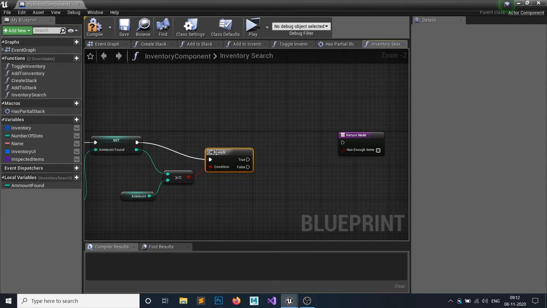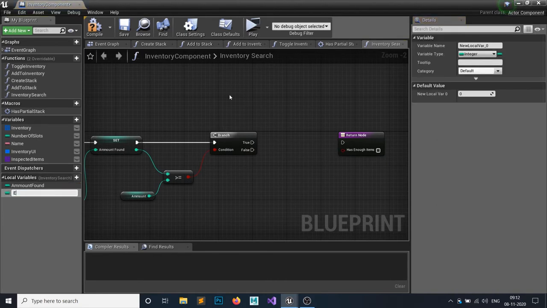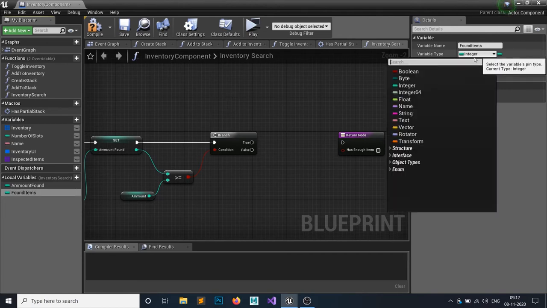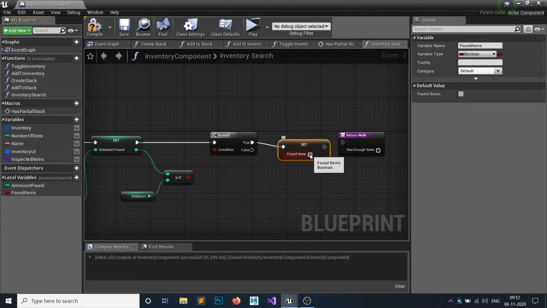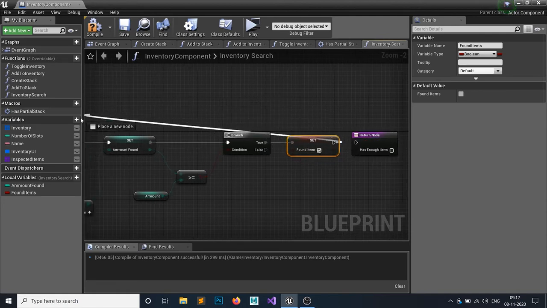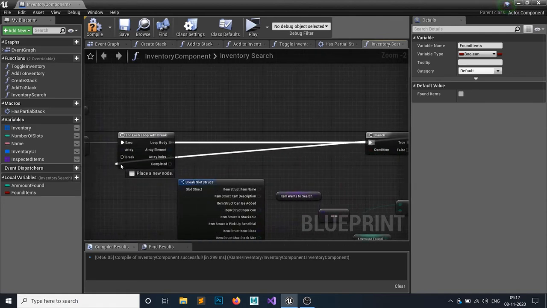If it's true, then I want to break the loop, but before that I want to set a boolean called, yeah, we have found enough items. So let's make another local variable called found items. This would be a boolean. By default it would be false, but when we found enough items this should be true, and then we will attach it to a break because we want to break this loop when we found enough items.